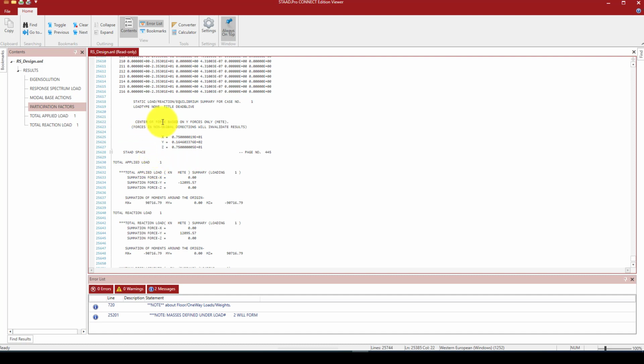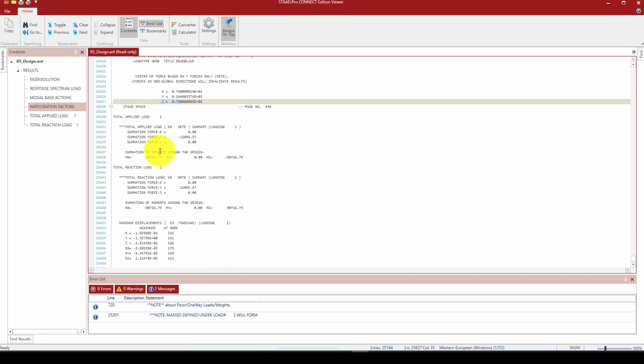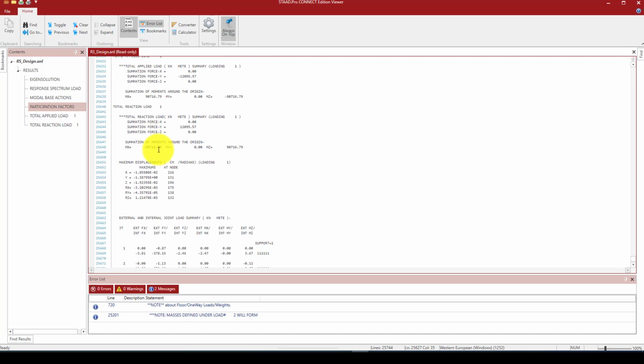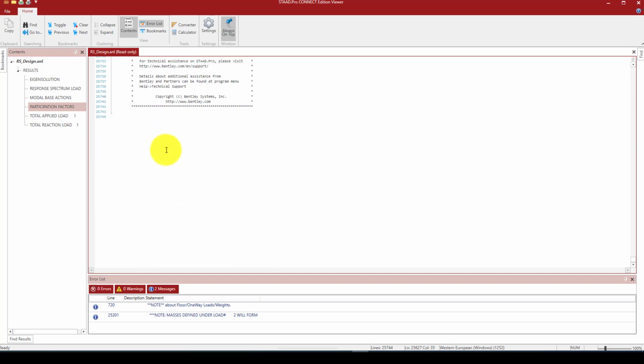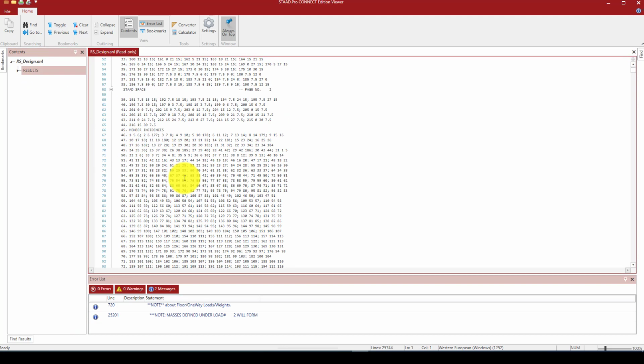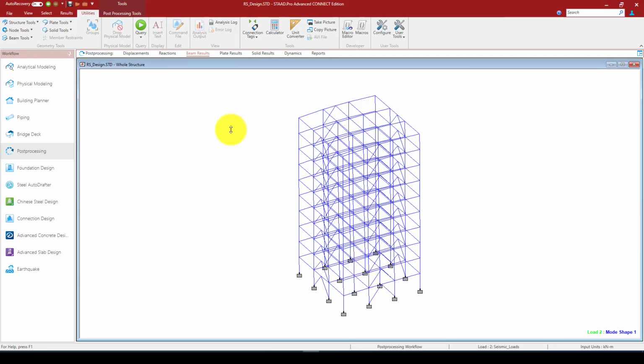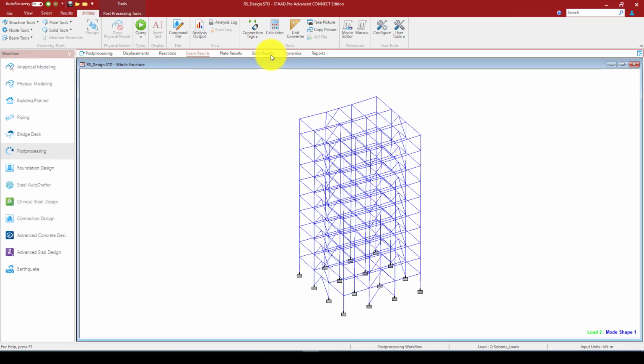And center of force base in the XYZ, in the X is this one, and in the Y is this one, in the Z is this one. And okay, this is the data and the analysis. So we go back to the program, and this time we go to the